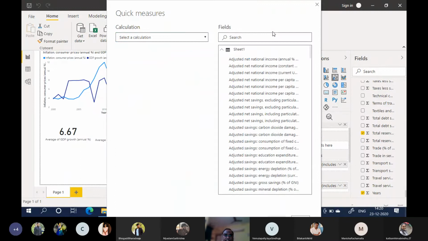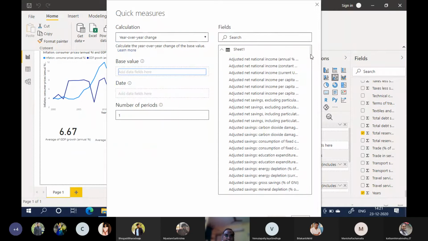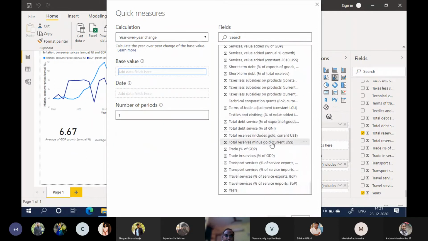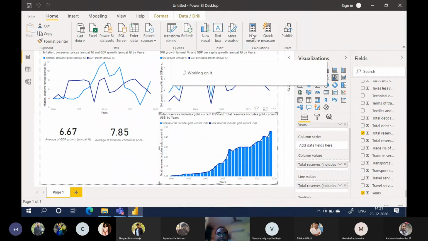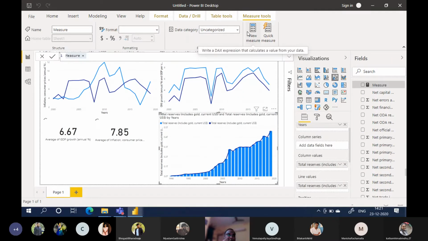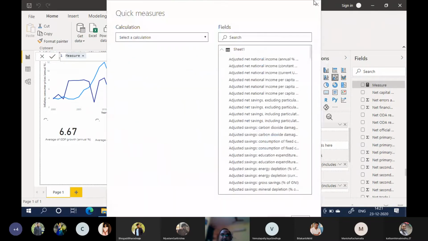Quick measure. Okay, so new measure, we have to have the data in the format, otherwise it will not take.